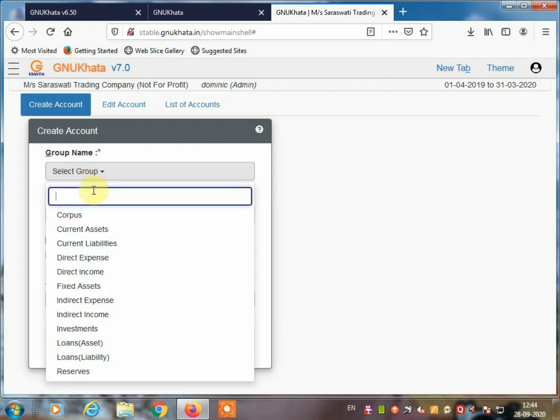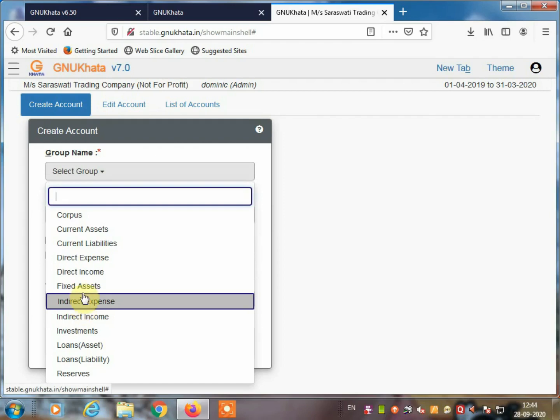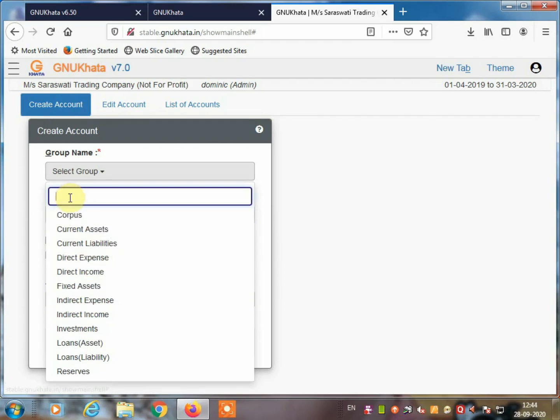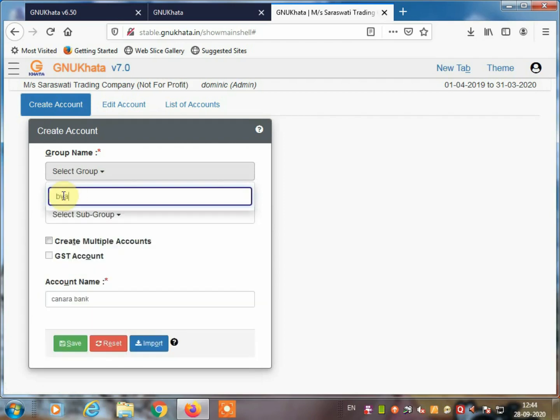Here it will go to the bank. So we are going to find out here whether a bank account is there or not. Under group bank account. If it is possible, if a subgroup is there, then give the subgroup.